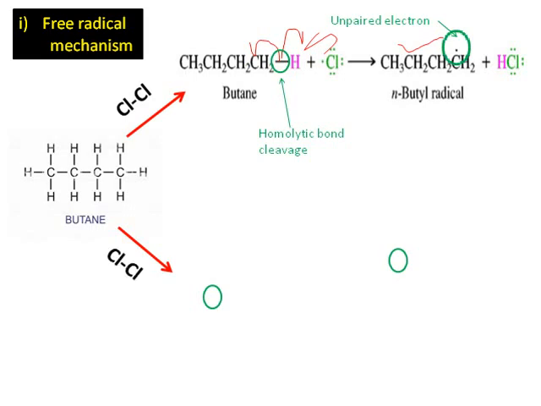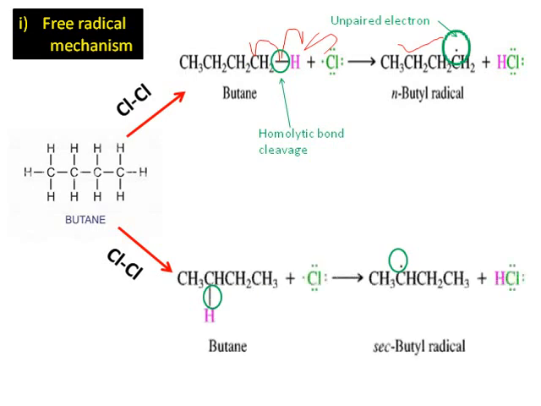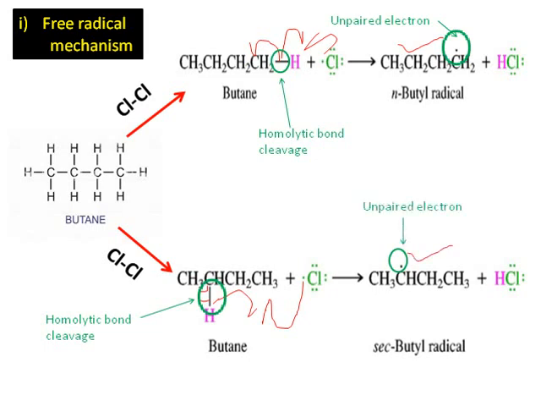So now if we add again chlorine to butane molecule, there is another way to produce alkyl halide. So here the CH bond at the carbon 2 again undergoes homolytic bond cleavage, and one electron will go to the carbon, and with the other electron the hydrogen free radical will combine with the chlorine free radical and produce hydrogen chloride and secondary butyl radical, where an unpaired electron is present at the carbon 2.